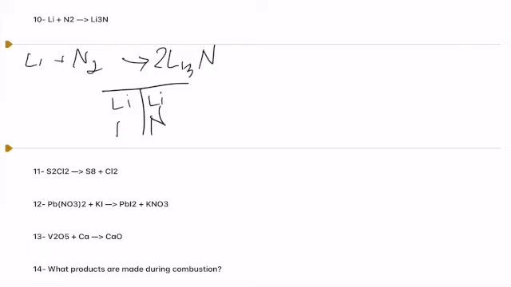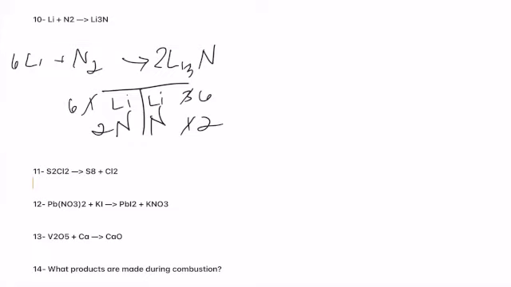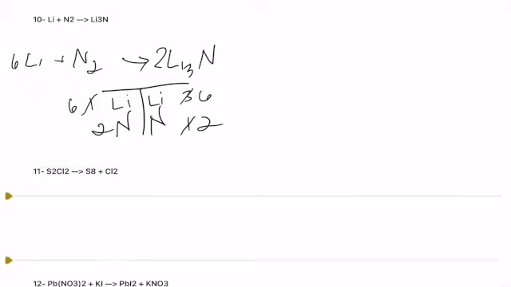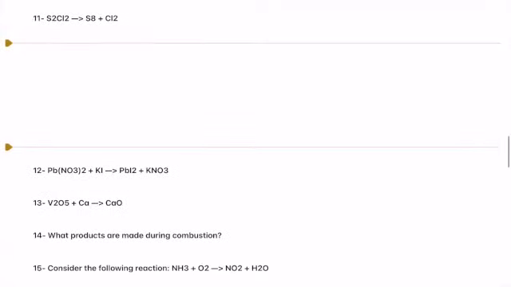And when we make our chart, we see that we have 2 nitrogens on the left, 1 lithium on the left, 3 lithiums on the right, 1 nitrogen on the right. So we put a coefficient of 2. That's going to make our nitrogens balance, but now our lithium was unbalanced. It was 6 to 1, so we add a coefficient in front of lithium on the reactant side, and now we're balanced.